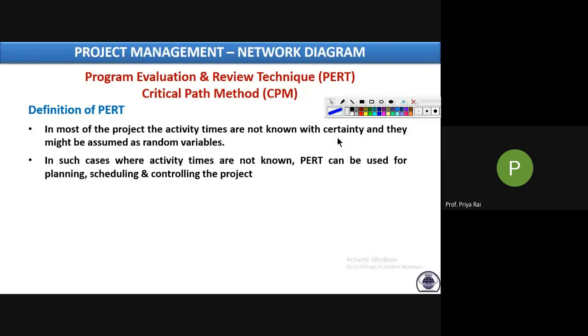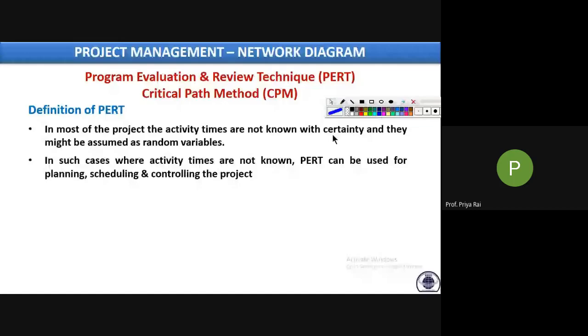So that kind of work comes under CPM. For analysis, we need to follow CPM in a construction project. Whereas in a new project, there is uncertainty in the completion time. We don't know how much time it will take, whether it will take more time or less time. We don't know anything about it. So in such projects, we will be using PERT analysis.